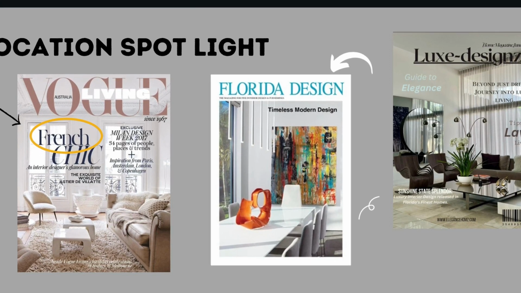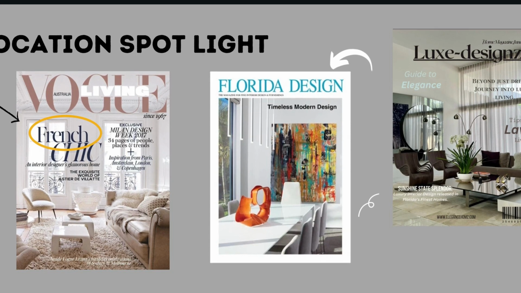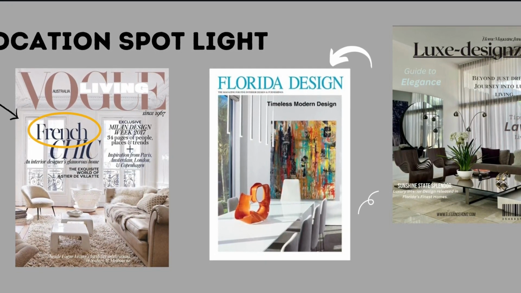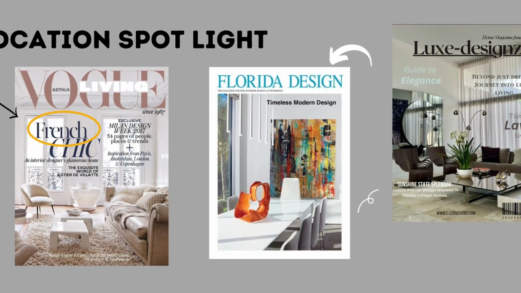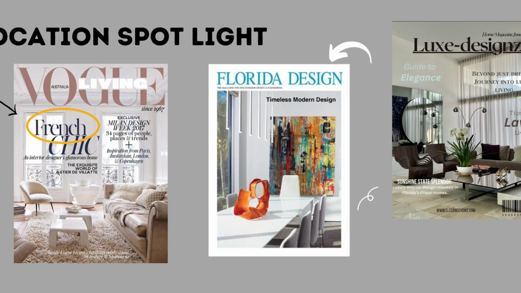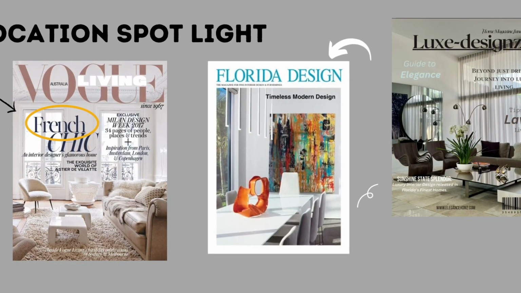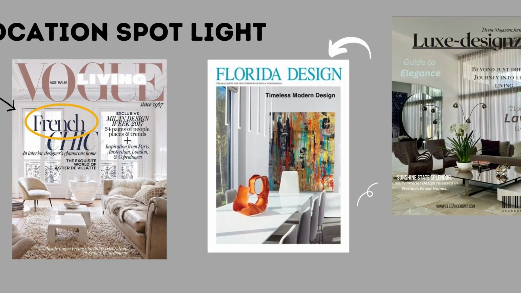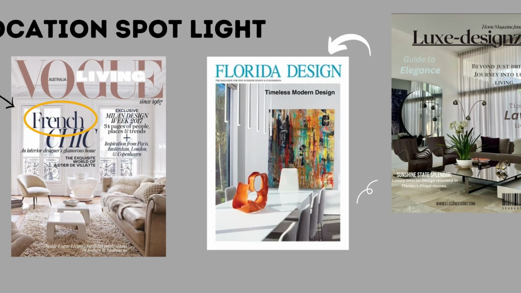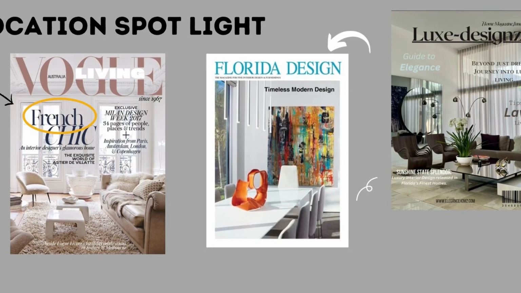So, for example, I decided to base my home here in Florida, which adds to the genre and aesthetic of the home given the fact that Florida is known as the Sunshine State. Other examples include European countries and more specific states. So for example, there's Vogue Australia Living, there's another magazine, Florida Design. I used these for inspiration to see how they're structured, to see how they have their cover lines and mastheads